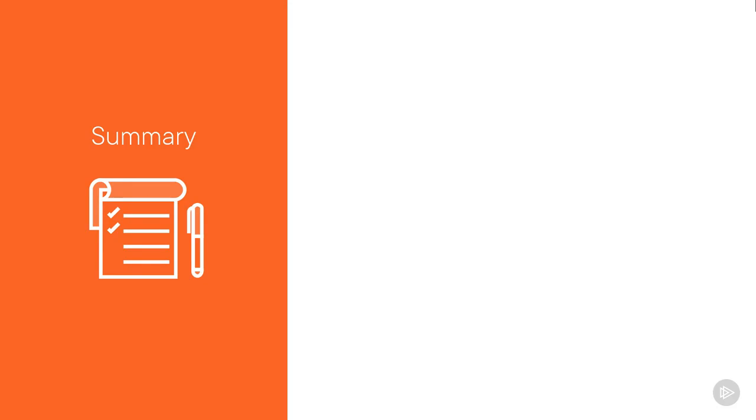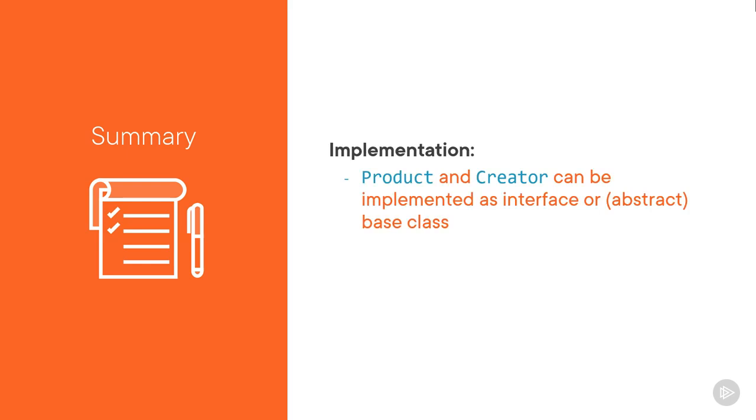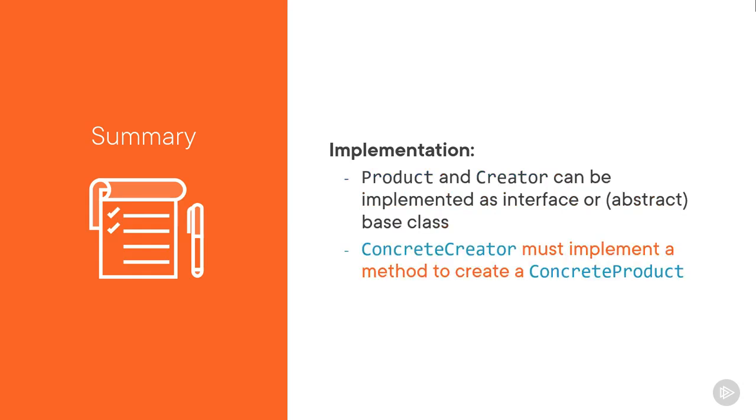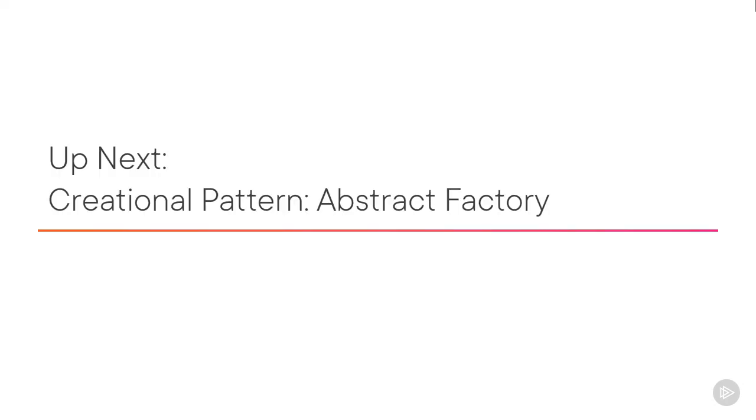As far as implementation goes, in C#, the product can be implemented as an interface or abstract class. Same goes for the creator itself. On its concrete implementation, a method must be implemented to create a concrete product. That's the factory method. Up next is a closely